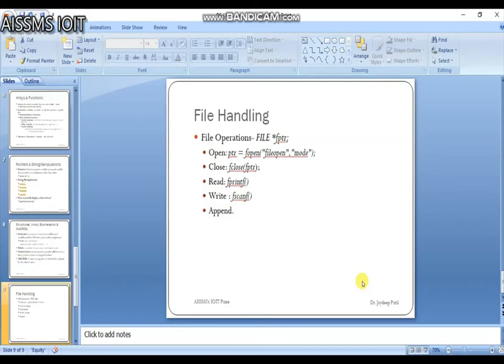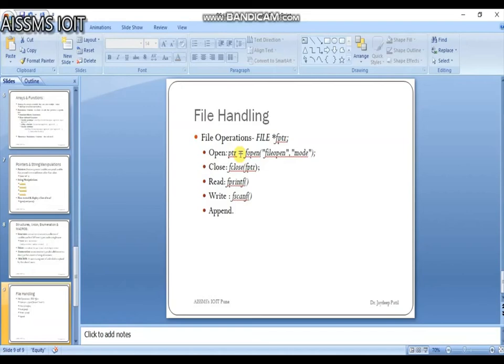In files there are two types of files you can use here: text files as well as binary files. You can perform a number of operations on those files, such as creating a new file, opening an existing file, closing a file, and reading from and writing information to a file.